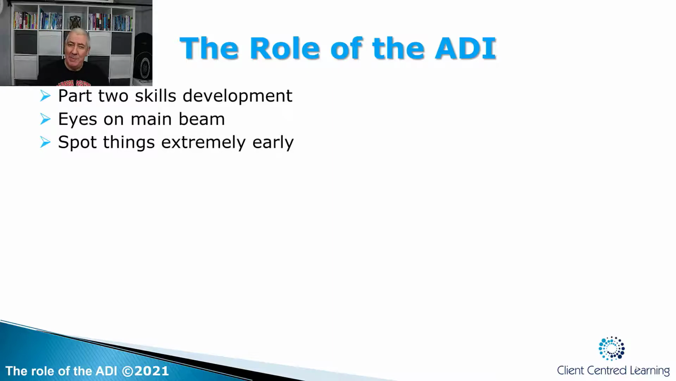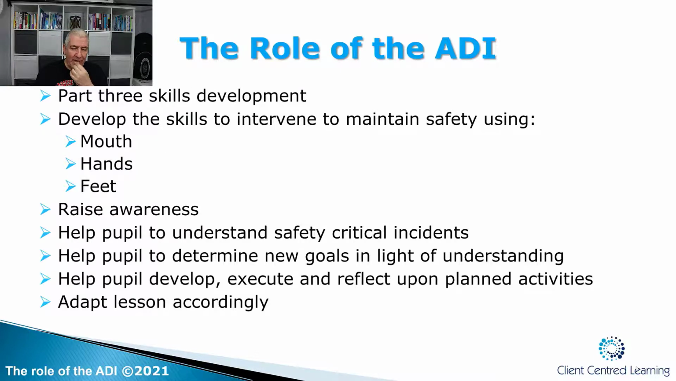We're getting our eyes on main beam. We're looking at stretching our view along the road, to the side and behind us, so that we're spotting things extremely early and therefore not getting caught out by them. Our part 3 skills are really about, once we've seen it, having the learner react to it ahead of time